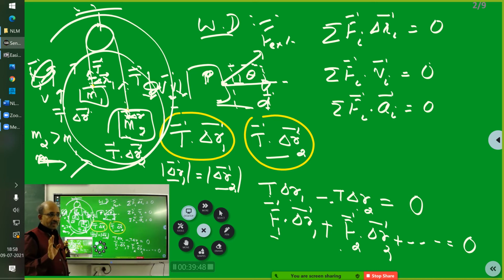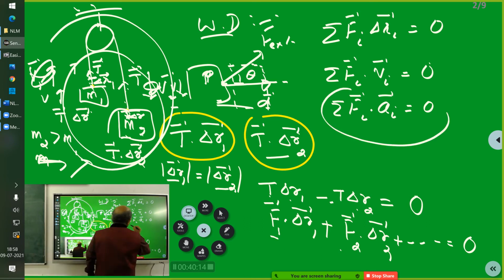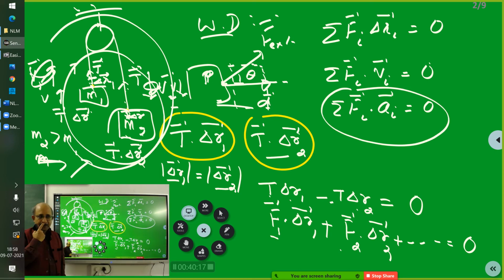So you can jolly well use this equation and you can solve this constraint motion problem very nicely. See, I was postponing constraint motion because I wanted to teach it after you complete work, power, energy. But I am told that in one of the colleges, they are already dealing with constraint motions and they are already using this formula. Am I right? And when I asked one of the students, he said, yes sir, using this formula we got. But when I asked the student how did you get this formula, he doesn't know.